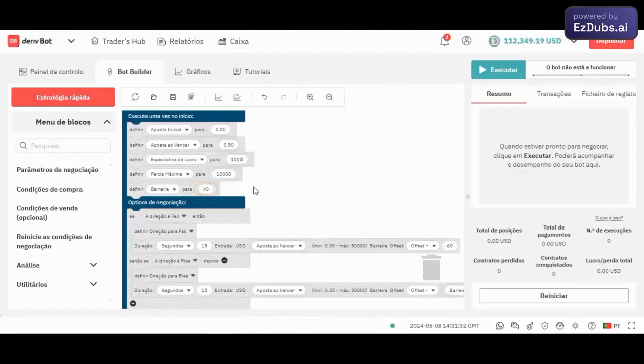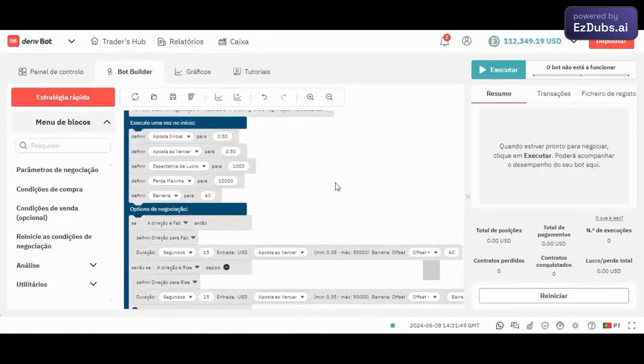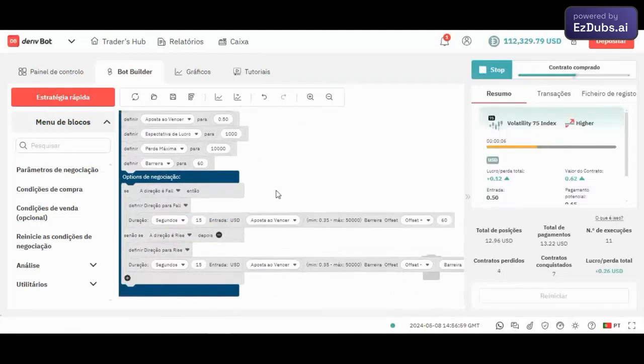So for example, you make another change here. Let me see if it changes. I'll leave 60 here, but pay attention to the duration of the contract. If you change here, it has happened to me that I simply changed from seconds to ticks, and then my strategy was compromised. Another very important thing that I forgot to mention, if you are going to modify the barrier,